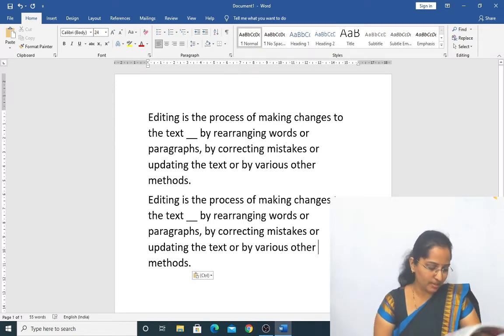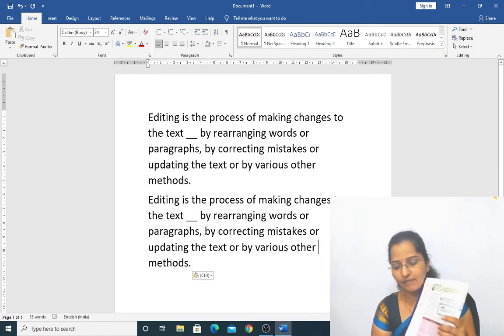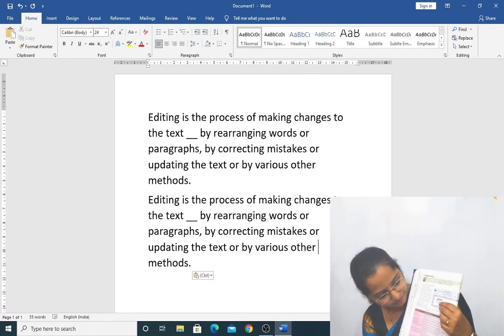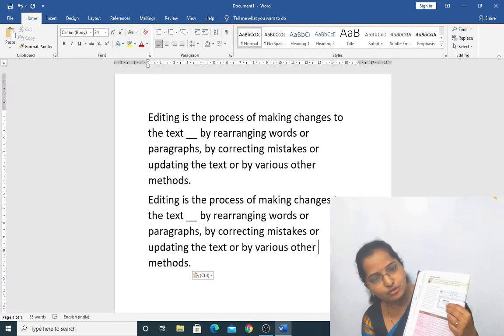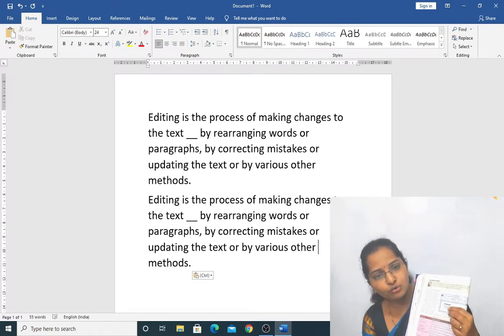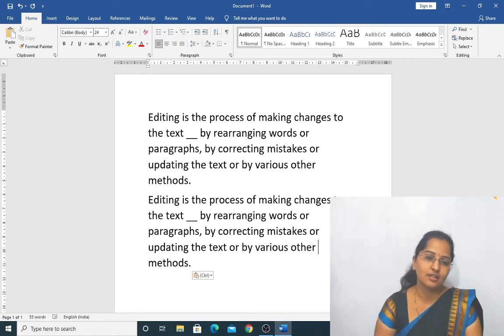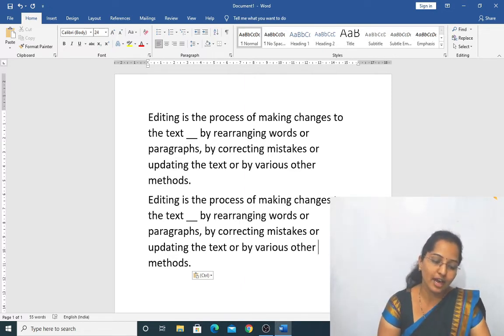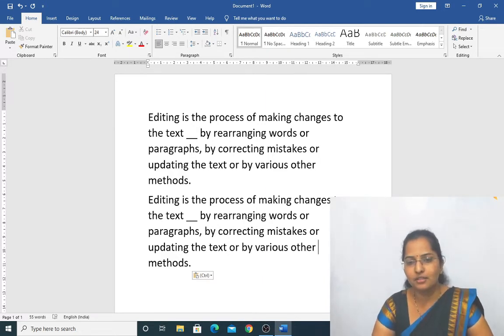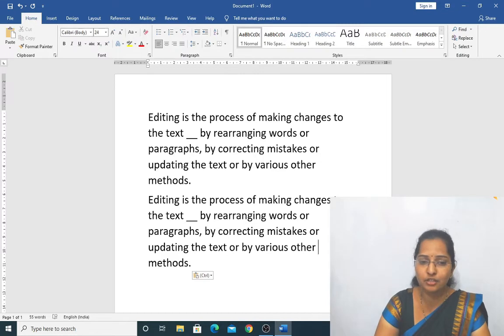See, in page number 62, they have given this table. In that table, they have shown how to select the text using the mouse. Also, they have shown how to select using the keyboard. Suppose I want to select the text using the keyboard, not the mouse.